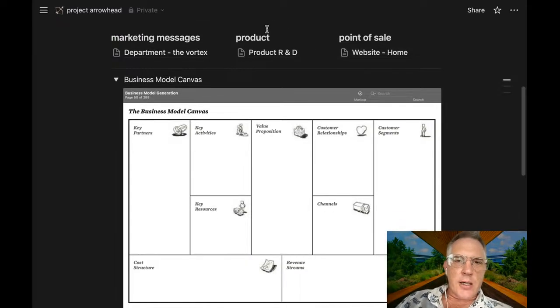Now, after they've used the product, then you're hoping that they come back to the point of sale. So you have two different methods for getting people to the point of sale, and we can define those as customer relationships. The first customer relationship is how do you get them to buy the first time? Which means when you create marketing messages, it encourages the customer segment to buy your product. And then you have to decide where you are going to put those messages? What channels are you going to use, and then what's the value proposition? From the perspective of the marketing department, the value proposition is the actual message. It's the piece of content.